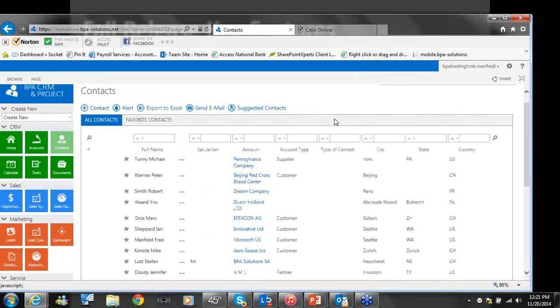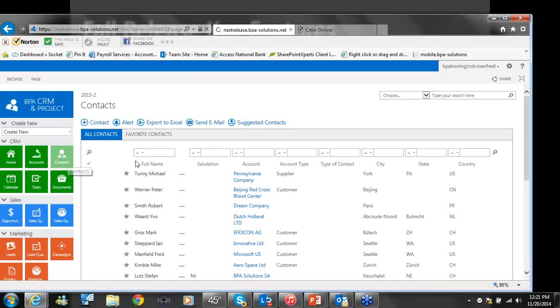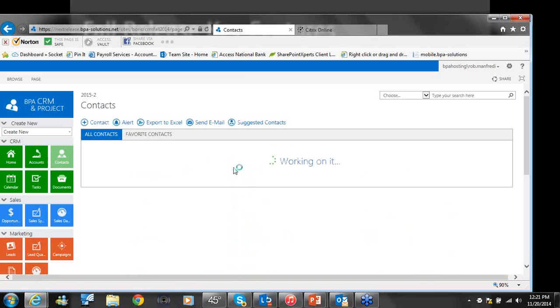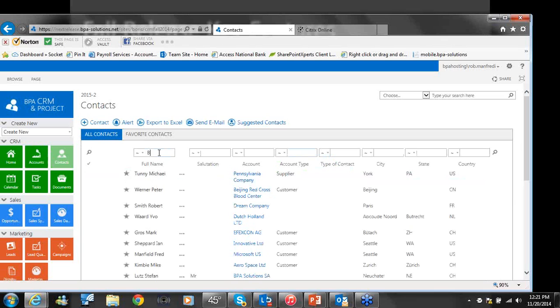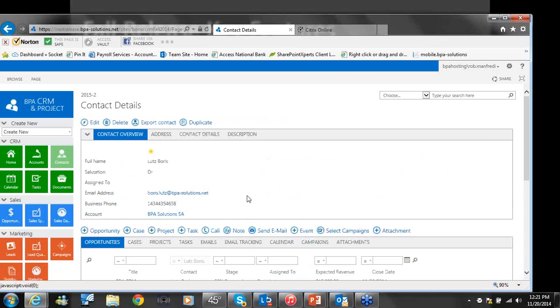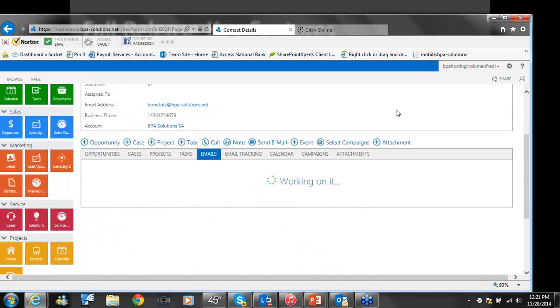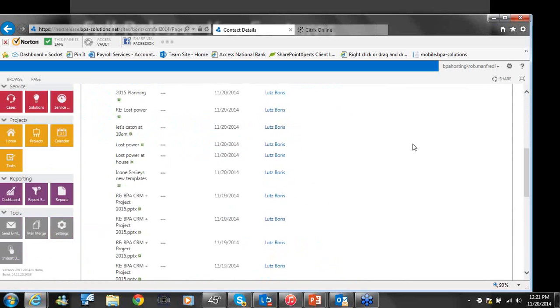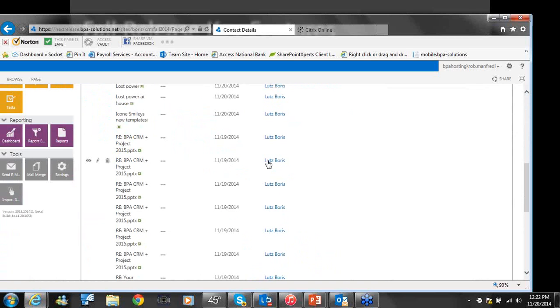The other thing that's happening is, for contacts that you currently have within your CRM, we're polling any emails that you receive or you send, and we can automatically attach them to those contacts in the history file. So let's go in here and take a look for Boris. We've got a contact, Boris. If we look at his emails, essentially any email that was sent to Boris has been automatically captured